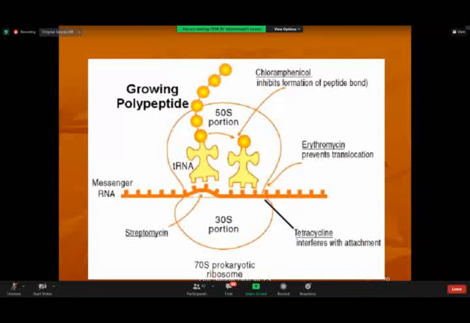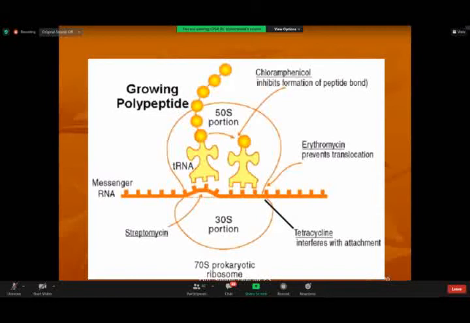Okay, this is basically the ribosome in the bacteria. It is called 70S unit. इसमें we have two portions, the 50S portion and the 30S portion. Basically, messenger RNA, when it comes from the bacteria, they start replicating, and messenger RNA, or say transcription RNA, is formed. And this is the 50S portion which formed that. So there's a growing polypeptide chain.